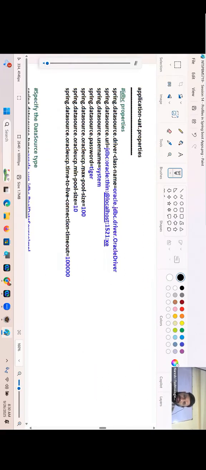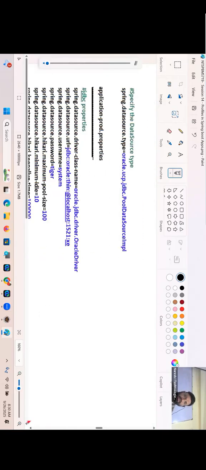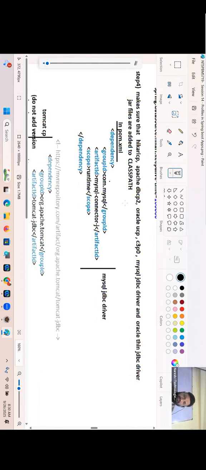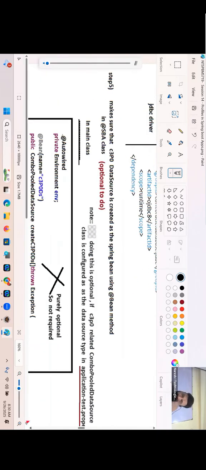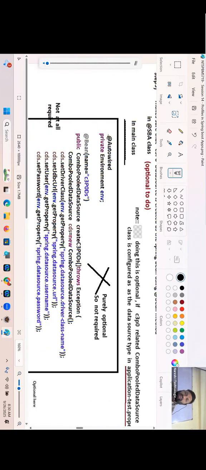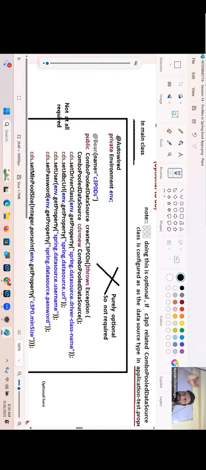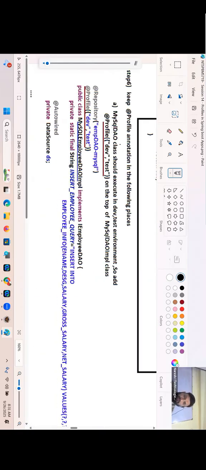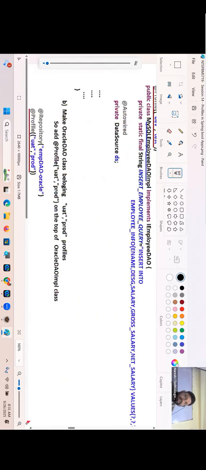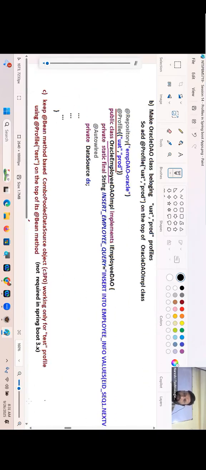Dev related one. Here I have given min size, max size also for every profile. Okay. All these things are taken. So we are adding them to classpath or not there. We are simply adding them to classpath, guys. Okay, guys. Yeah, there's no need of creating a bean for C3P0 if you mention the class name in the type. Okay, keep MySQL DAO for dev, test, right? Oracle DAO for UAT, prod.